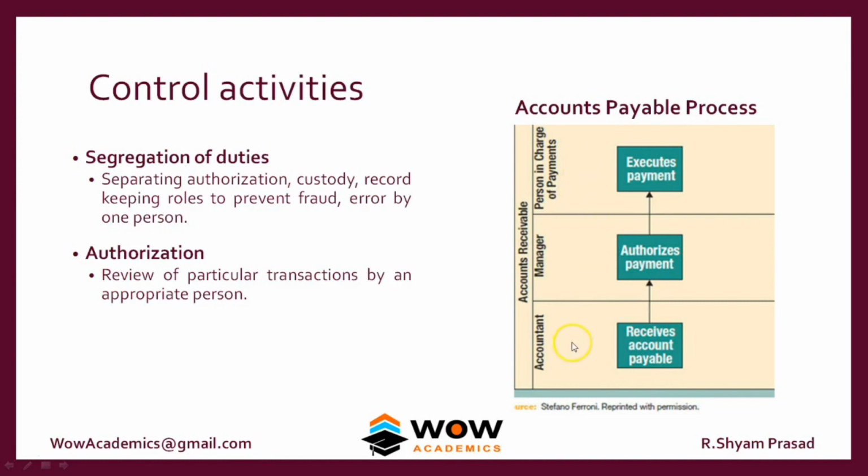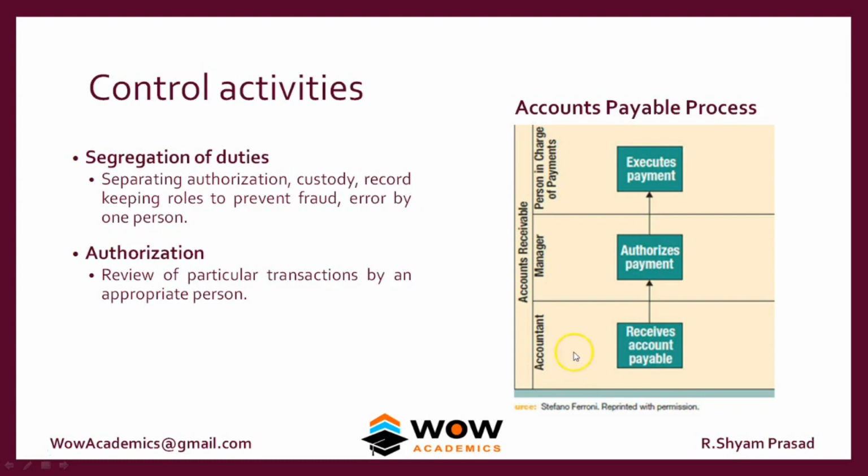Now suppose only one person is doing all the activities. The accountant will make an entry, he will authorize it himself, and he will make the payment to the supplier. He might not make the actual payment, but show in the records that he has made it. So there can be a problem like taking a little bit of money into his own account and using that money for a longer time. Assume that we settle and review the accounts only once a year; this accountant will get caught only at the end of the year.